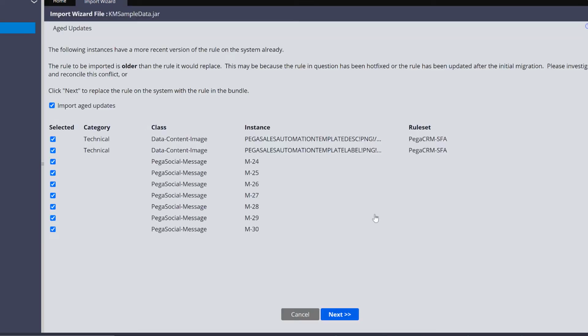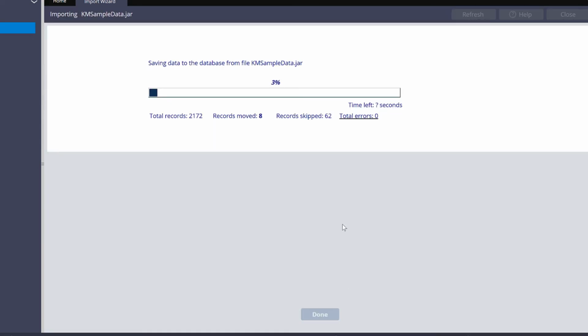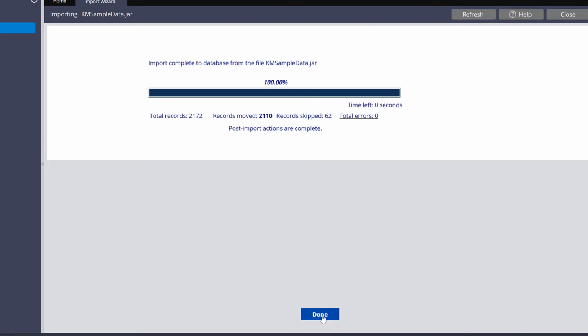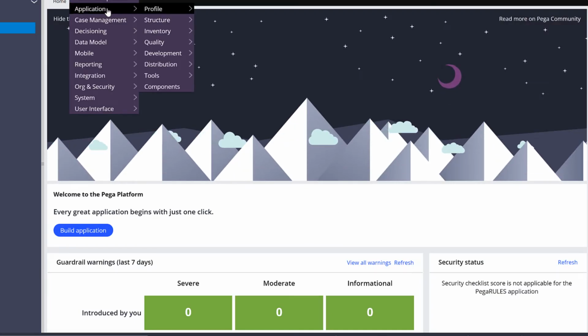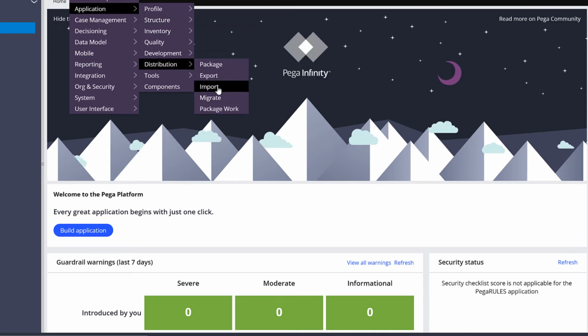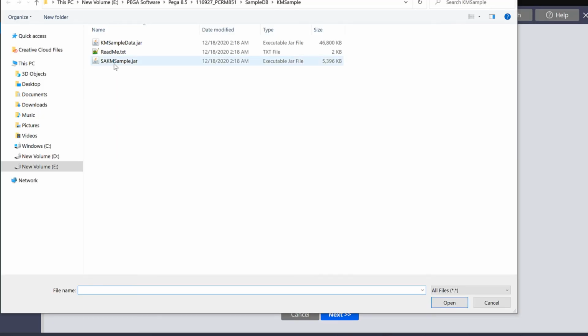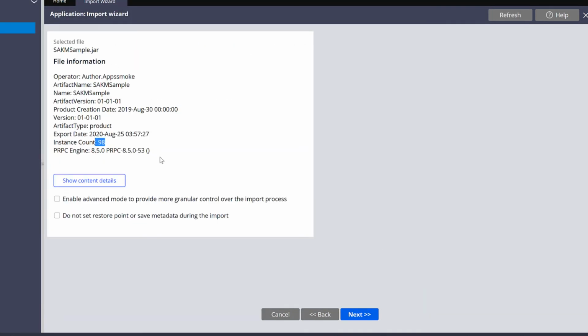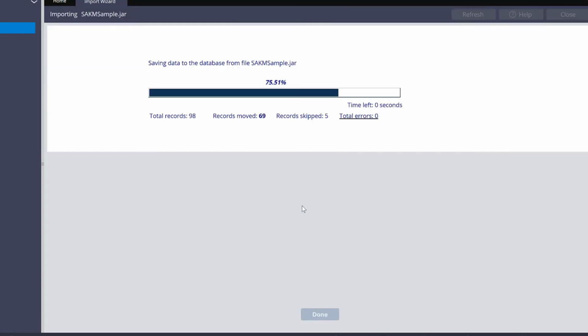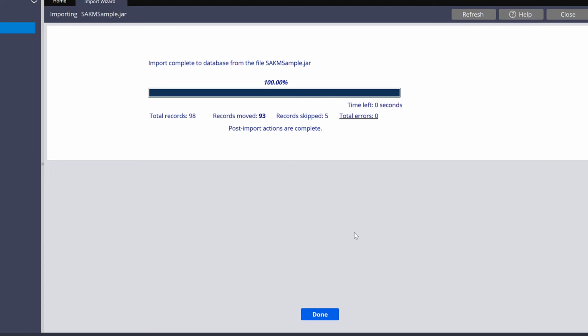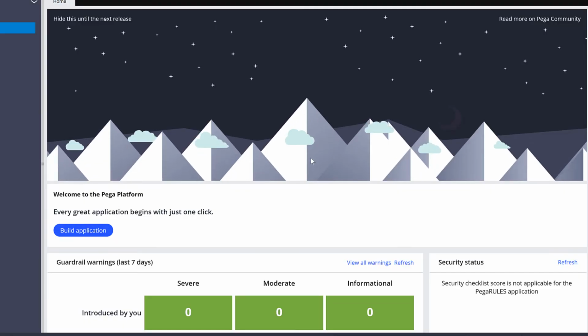Click on Next. Import aged updates. Click on Next. Click on Done. Import the other jar file as well. Import the SAKM sample jar file as well. It has 98 rows. Click on Next. Click on Done. Now you have imported all the sample data. Click on Done to close the wizard.